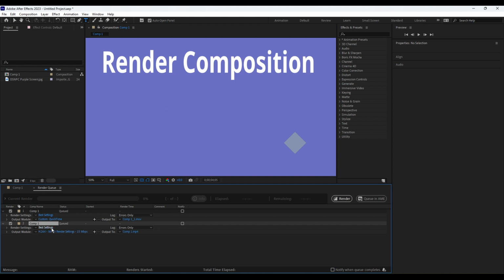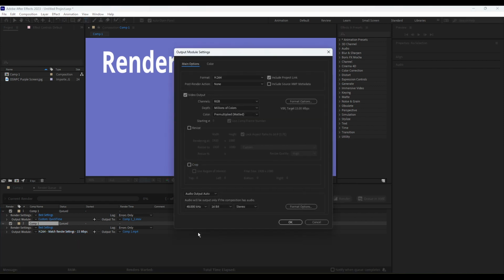and we've got a row here with some different options in it. The couple that are important to us are the output module. We're going to go ahead and click on that. It's going to pop up this window, and we can select what format we want to output it in, and we're going to leave that as this default, the H.264. And the other one that's important is the channels. You can see we have two options here, RGB and alpha,